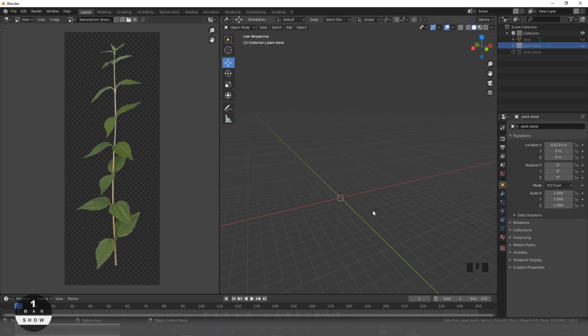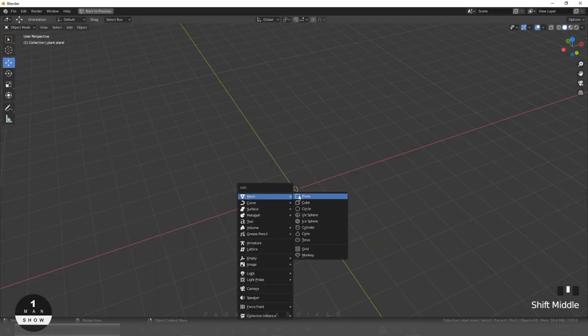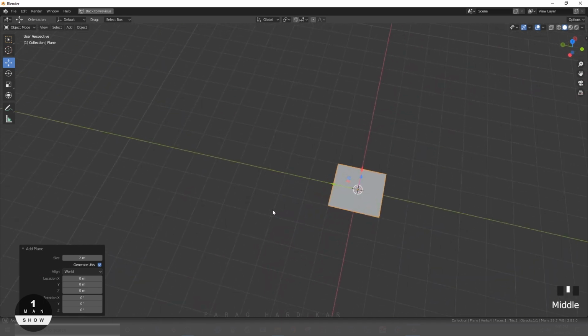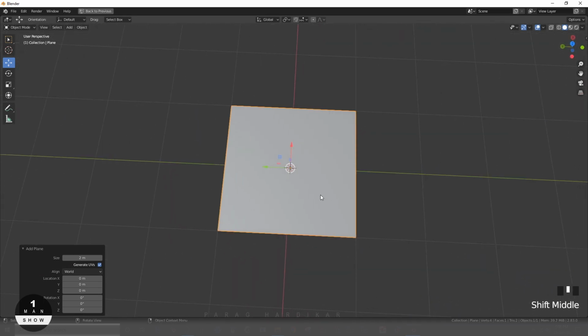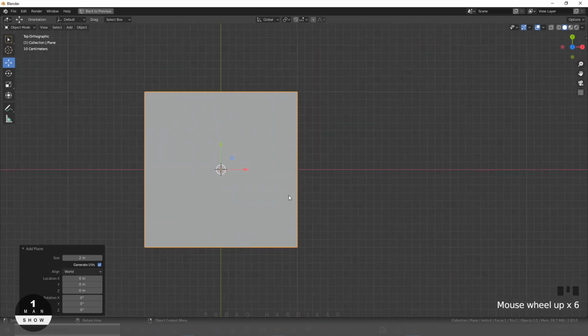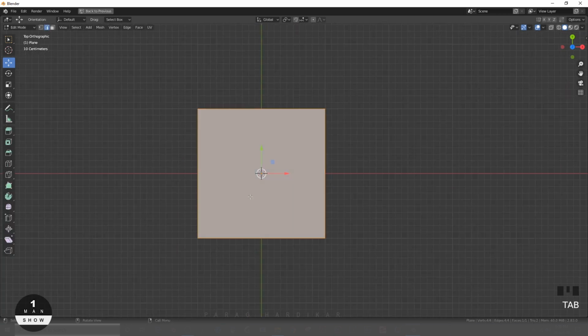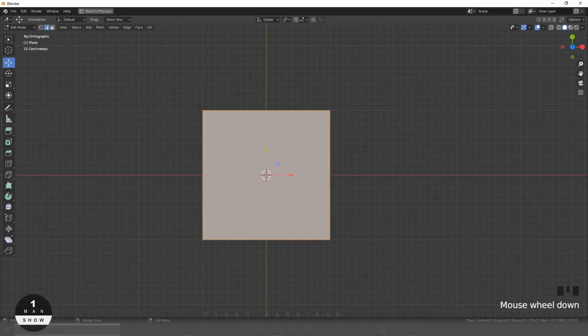Let's create leaf. Again I am adding plane here. Then start modeling by switching it to top view.